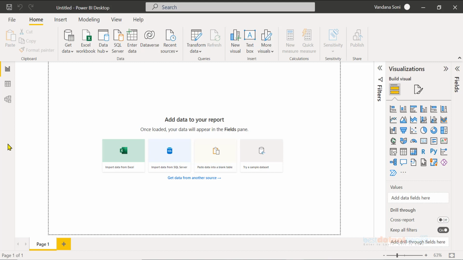But it is not only about connecting to a single source. Let's say in this particular report, I am connecting to two different sources. One is an Excel sheet, another is SQL Server. Some data is coming from the Excel sheet, some from SQL Server. Overall, all this together is called a data set.